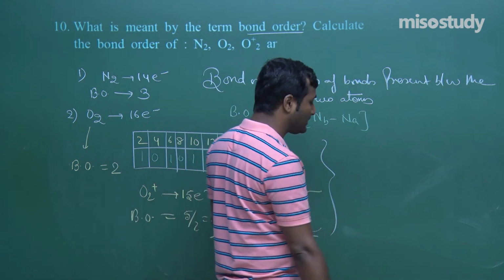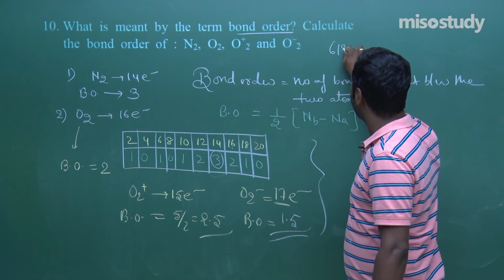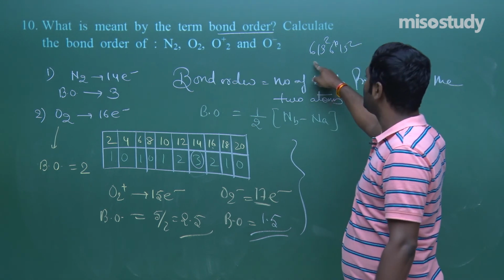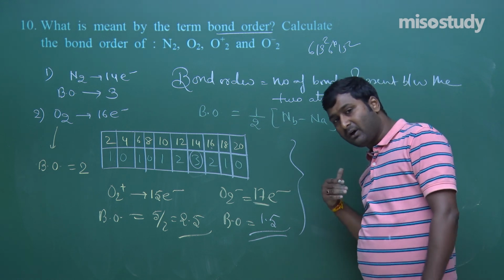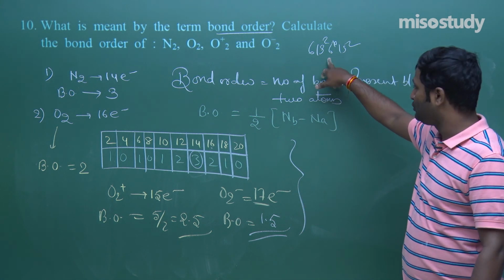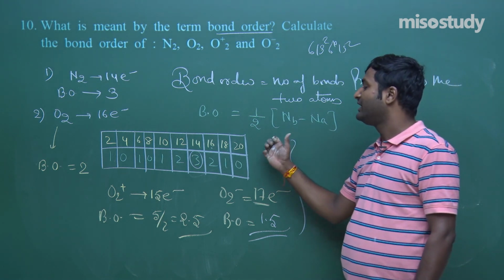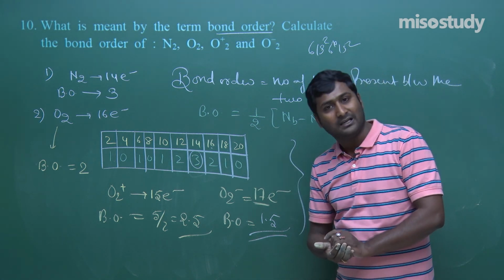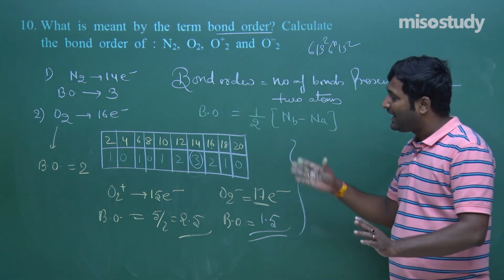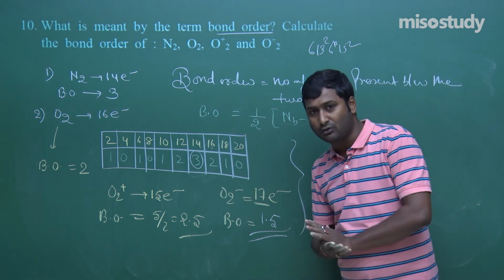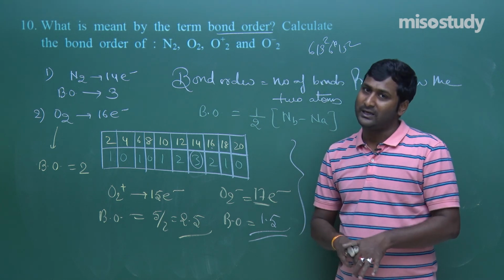This is a simple method to find out the bond order. Other method, you can say, is using sigma 1s2, sigma star 1s2. I have discussed this thing in my lecture. So it depends on you. If you are facing a school examination, use this, but it depends on the number. If you are facing a competitive examination, then this one is the best one. Clear to you? So friend, this is the last question of today's lecture. I think if you solve this question at home, then definitely it will help you a lot during exam preparation.